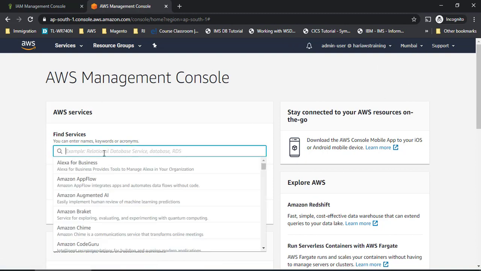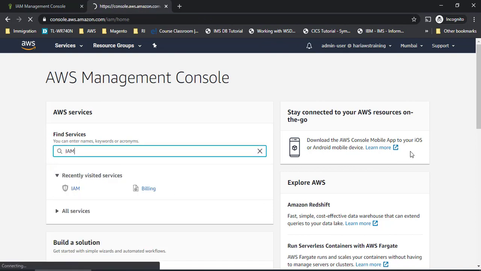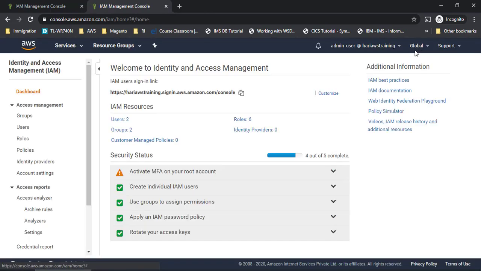But if I go and open IAM, it will show global here. It will not show any particular location. Any idea why it shows global and not any other location? The main thing here is all the other services are particular to a region only, but IAM is not particular to any region.